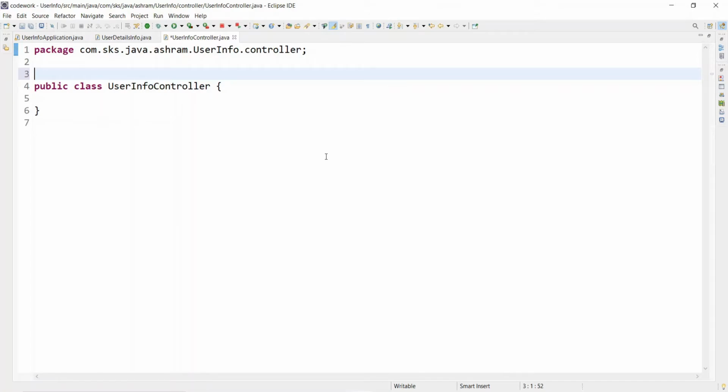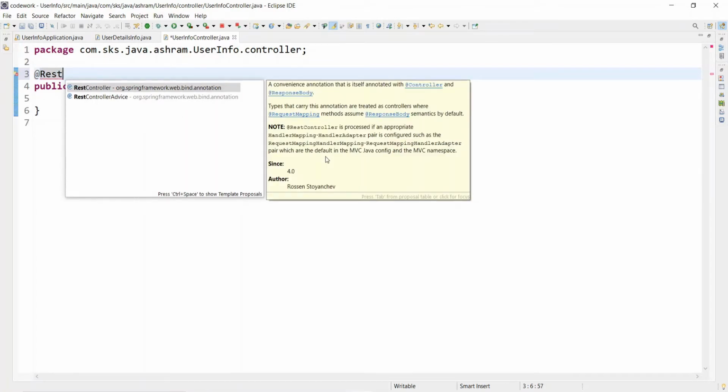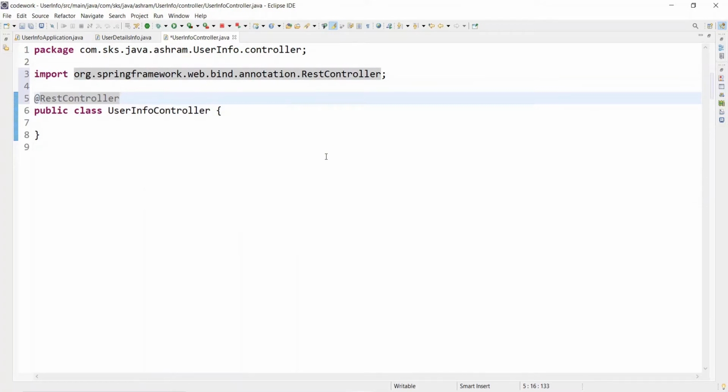We just need to use the @RestController annotation. That's it, and everything else will be taken care of by the REST controller. How the front door controller works and how it receives requests, you don't need to bother about. Spring Boot internally manages all these things.